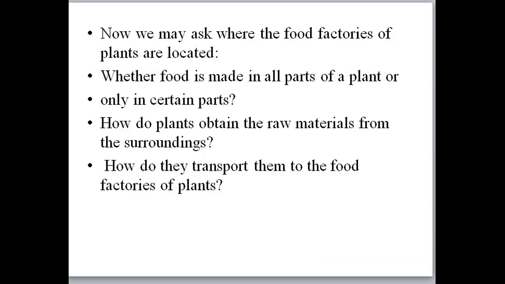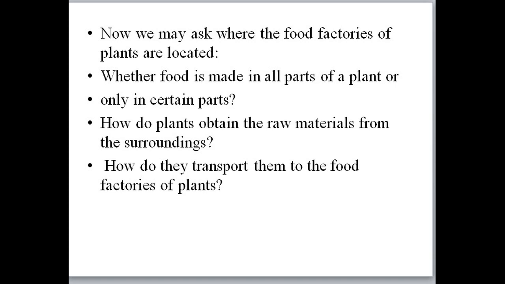Now we may ask where the food factories of plants are located, whether food is made in all parts of plants or only in certain parts. So there is a question: is food made in all parts of plants or only in certain parts? How do plants obtain the raw materials from the surroundings? How do they transport them to the food factories of the plants? From the soil, they take in water and minerals through roots, with the help of the roots, and it is distributed,